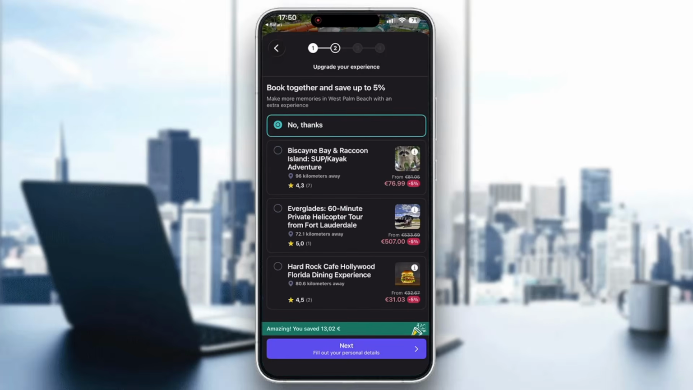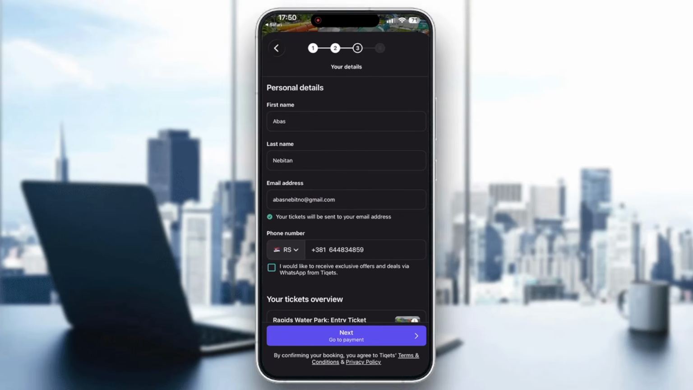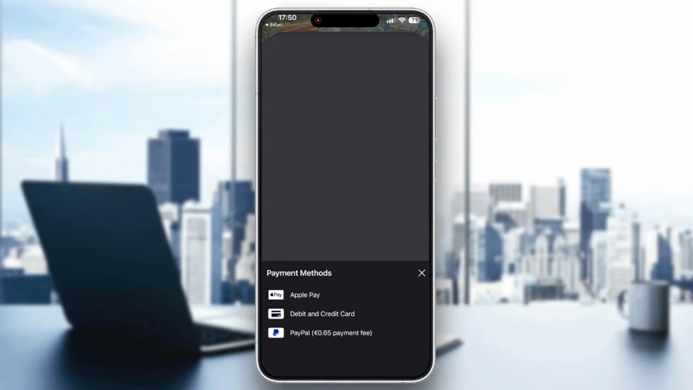Once you click on next, it's going to take you to this page right here where you can take a look at similar experiences that you can save money on. If you're not interested, just click the no thanks option, go to the next page, from where we can get started filling out all our info. So provide your first name, last name, phone number, and so on. Once you've provided all the necessary info, you can just click the next button,